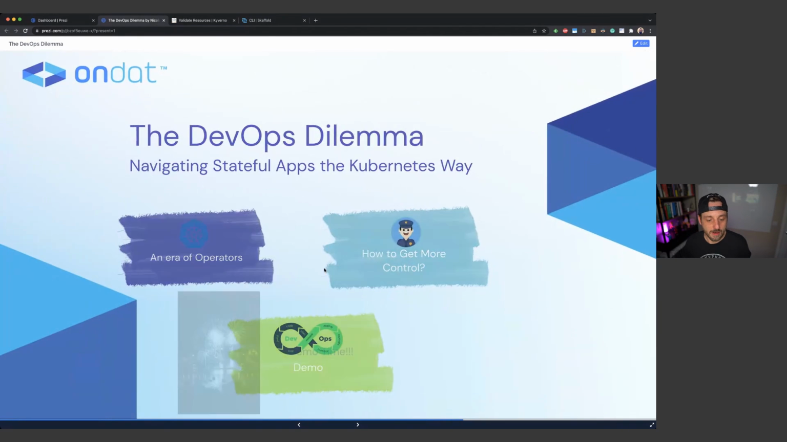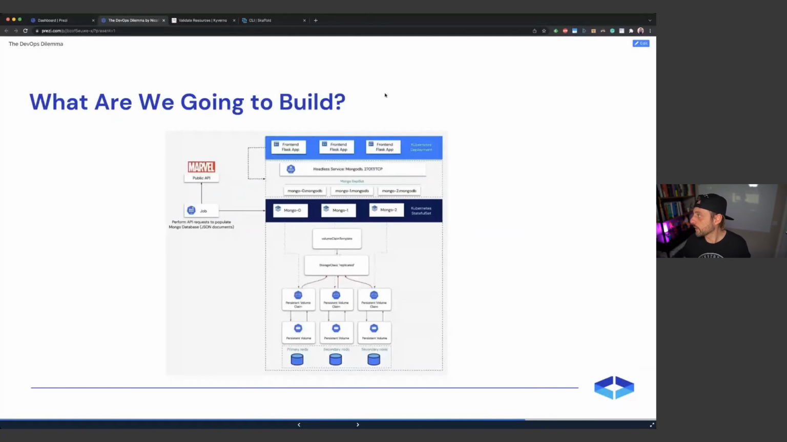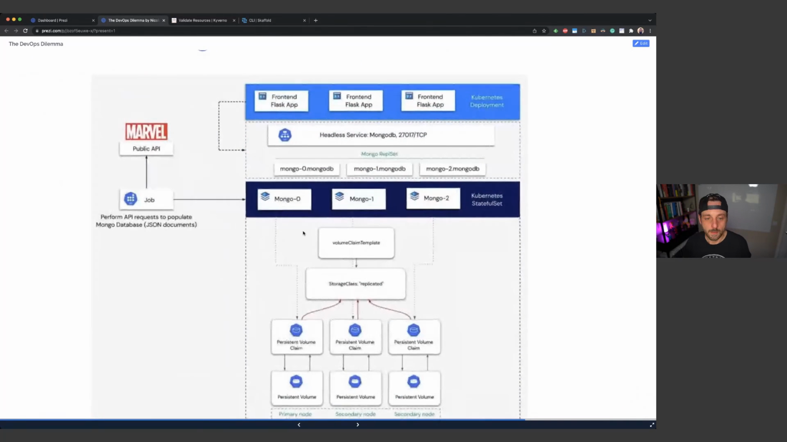Okay, so now let's go into the demo. What we are going to build is an application that is sitting there. I can maybe zoom in on it. It's a two-tier application. We have our front end, which is going to display random Marvel character cards on the screen, using just a Flask front-end application and the Marvel public API. But it's not directly